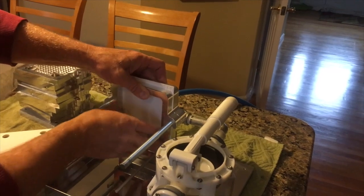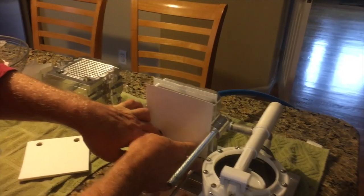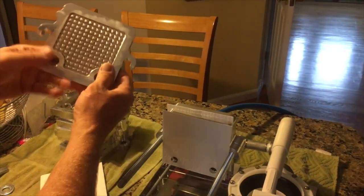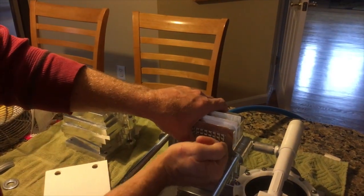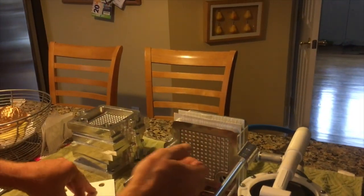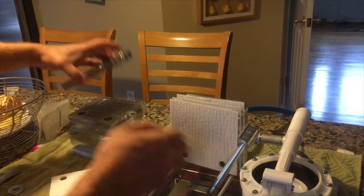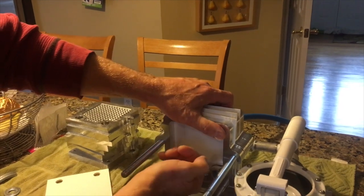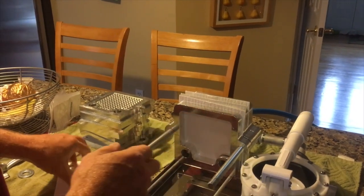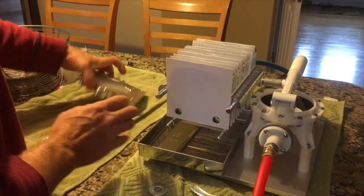So again, I'm using my finger as the guide. We put on a hollow plate, press, line up this nub, line up the paper, put another one on, and the process just continues until you get to the end. Line up this nub, so everything goes on one side. That was a mistake that I made my first time, and that was easily fixed. As I put this back together for the next use,